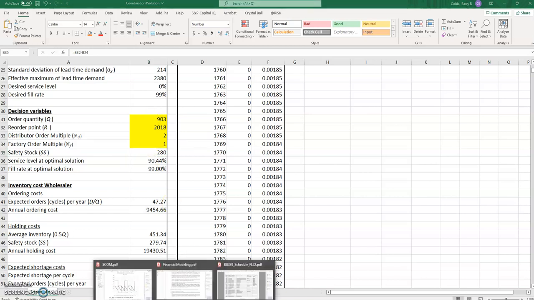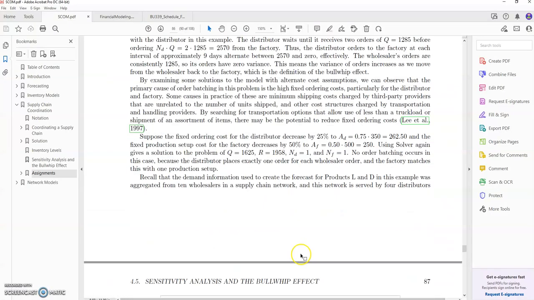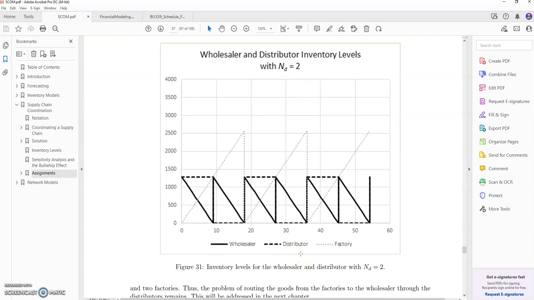If we look at the textbook, there's a diagram here of the inventory levels with the multiple of 2 for the wholesaler, which is what we have in this case. So the factory is going to produce first, and then